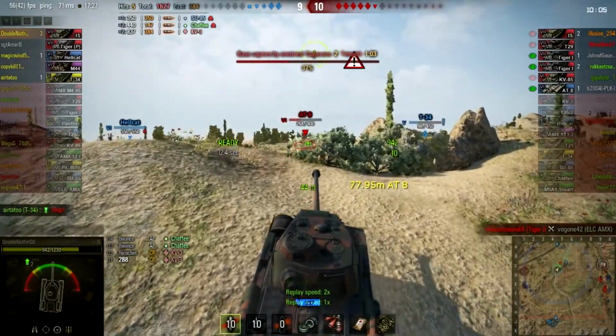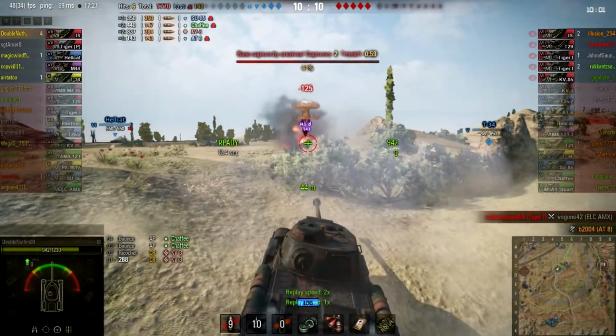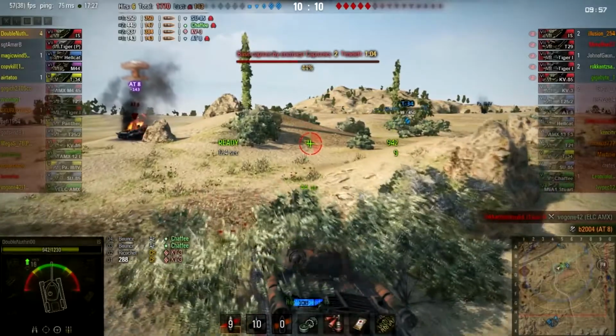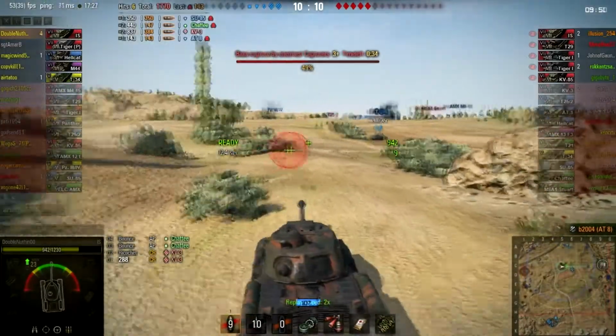So I come up to the 88. And yeah, take him out. 4 kills so far, 1,770 damage dealt. Really nice. Now we're moving up on the base, and